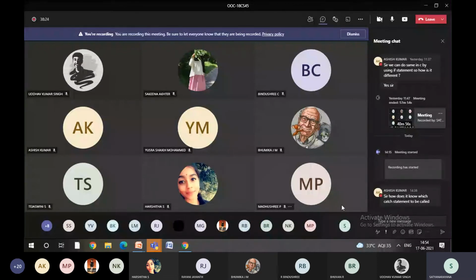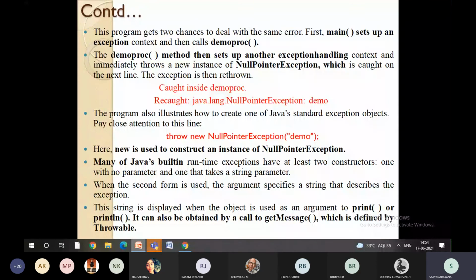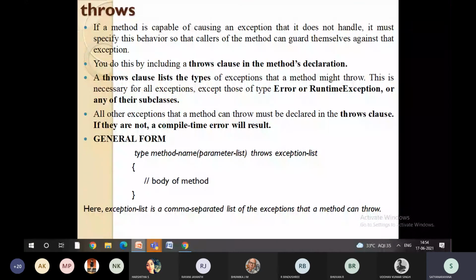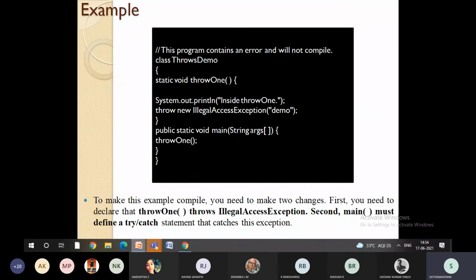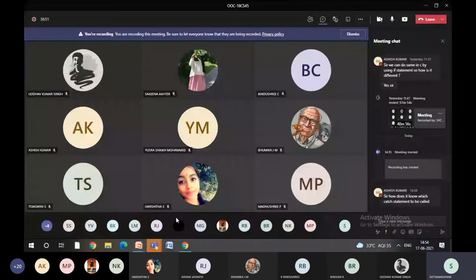You need to give some instruction saying that the password should have a minimum of 8 characters, lowercase letters, uppercase letters, numbers, special symbols. That can be done with the help of your catch blocks, right? So this is how the throw, try, catch block will be working. Is it clear, everyone? Till now, try, catch, and throw. Any doubt?